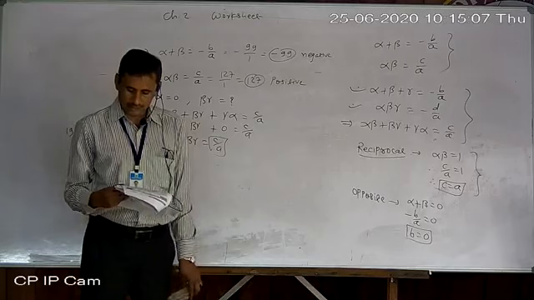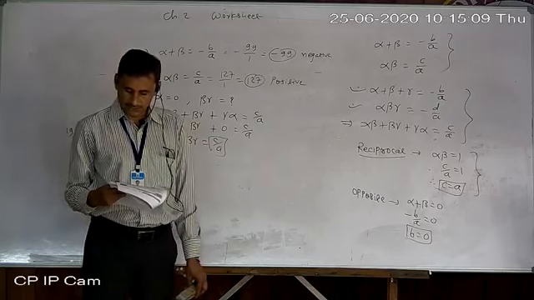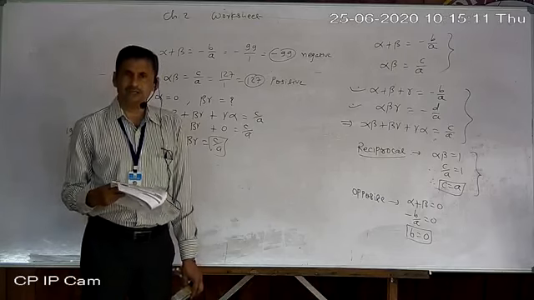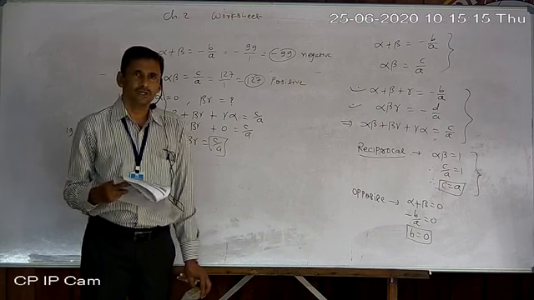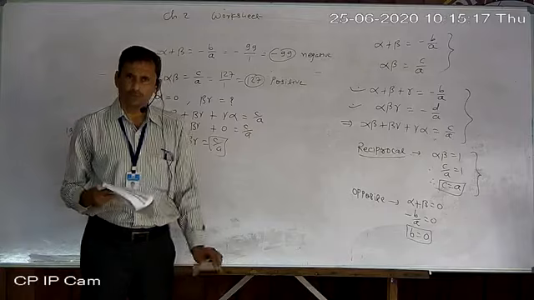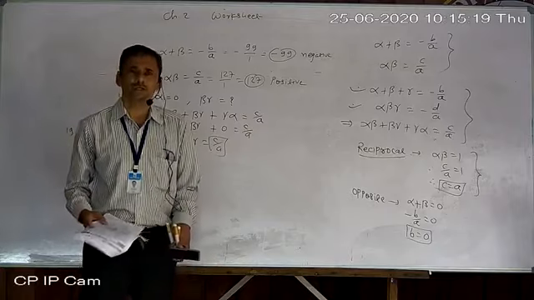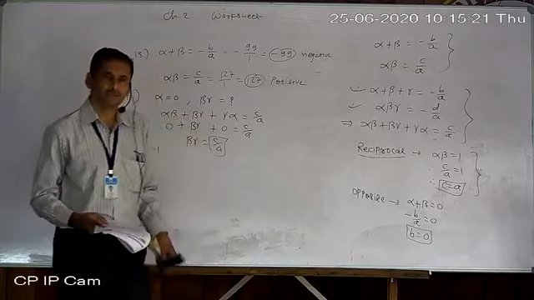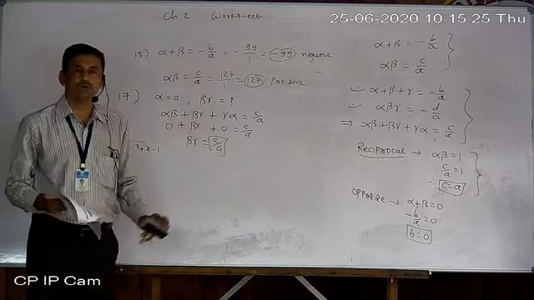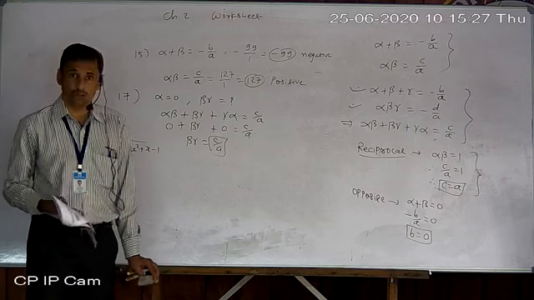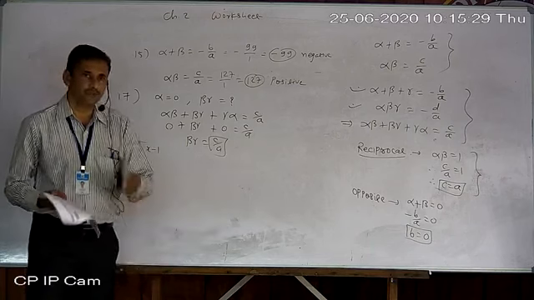23. 2 is one of the zeros of the polynomial. So write down the value 2 in place of x and find out the value. If the polynomial's value becomes 0, then 2 is a zero of the polynomial. Just write down the given value at the place of x and look whether your final answer is 0 or not. If it is 0, then the given value is a zero of the polynomial.